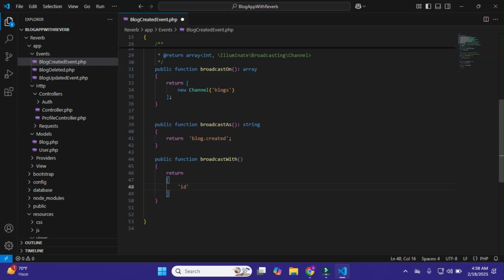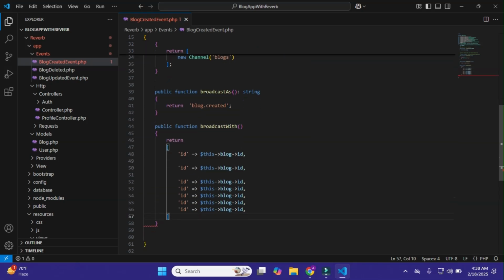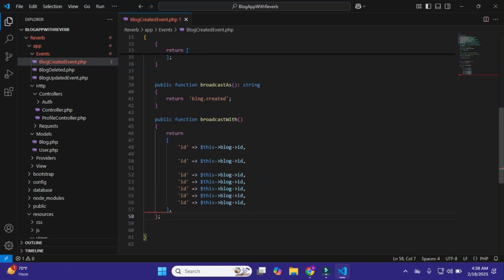First I have id, and within it $this->blog->id. Okay, that's it. Then just save this, copy it and paste it here four times.